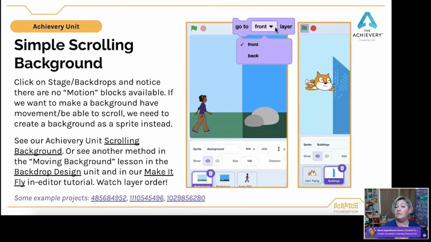Again, because we're having this movement element, we're going to need to create these backdrops as a sprite so we can get to those move blocks. In these two projects, you have two background sprites following each other across the stage, making this seamless image.